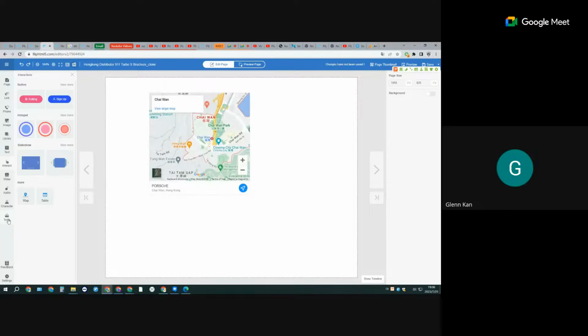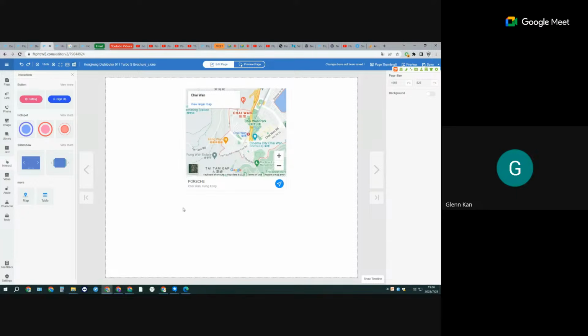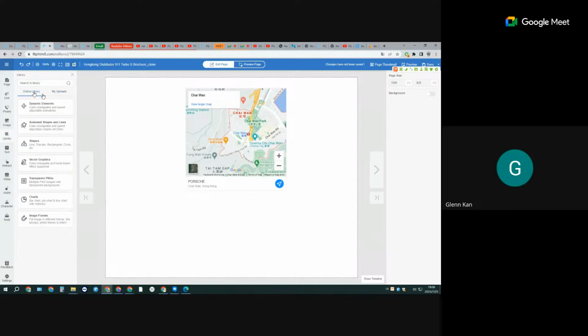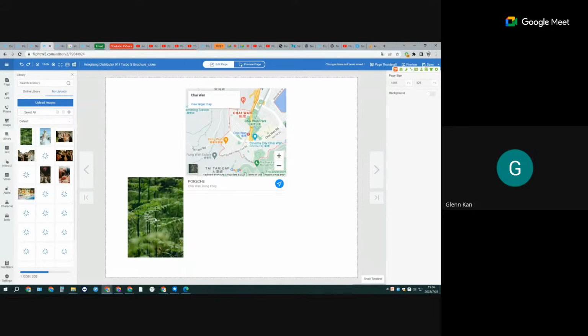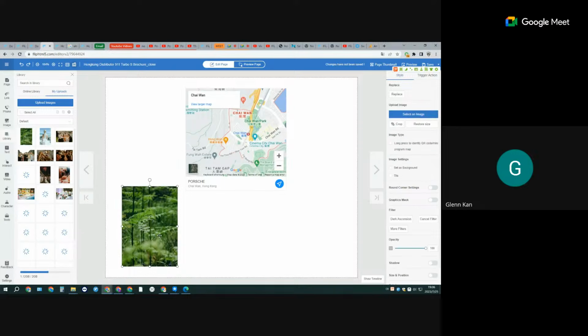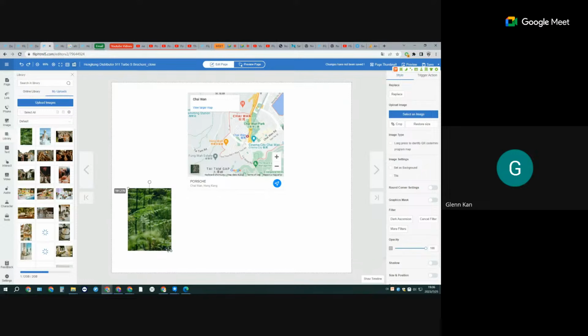So next, I will go a little further on how we can add some images, right? For example, if I have a gallery to add on this, I want to demonstrate how our place looks like. For example, this is not the perfect image, but just excuse me for my presentation. And if I just want to show how beautiful my location is, you can have this one for the image,